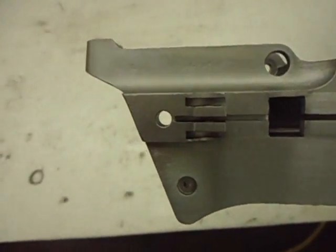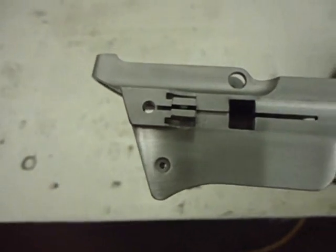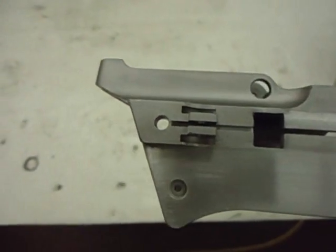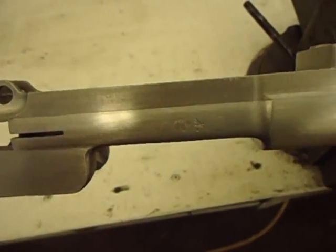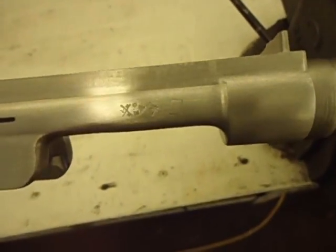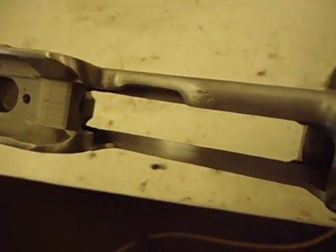Places where it's going to be hidden by the bolt stop and stuff like that, I didn't bother to clean up. Like I say, there's not much rust on this gun anyway, but I'm only worried about the visible parts. I'm just trying to save the customer some money. Anyway, so I'm good. Like I said, I cleaned it all up in there, the front of the side ears,